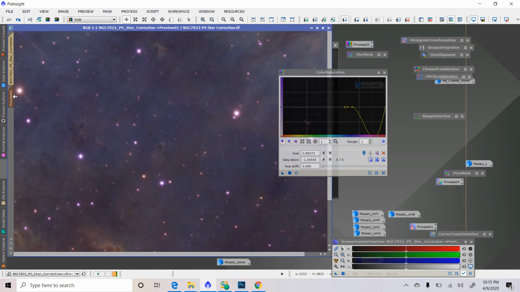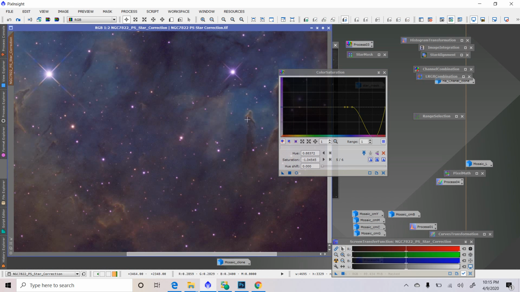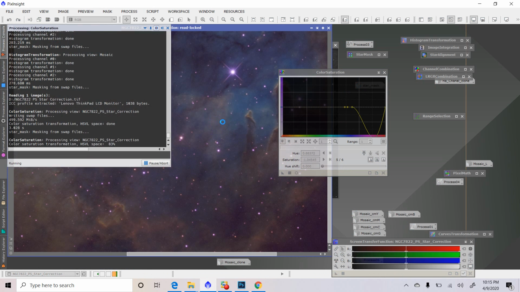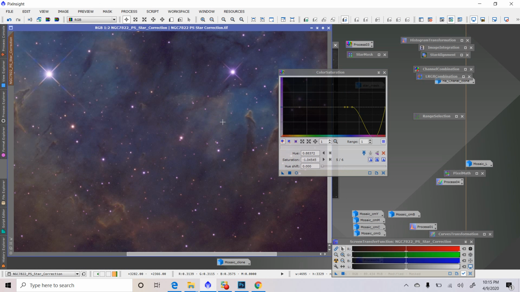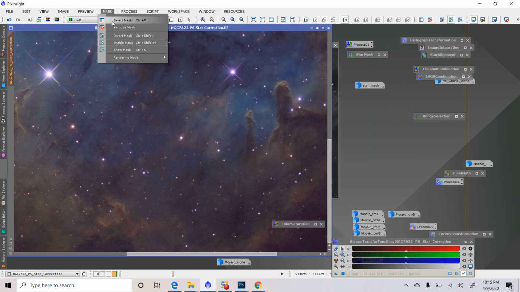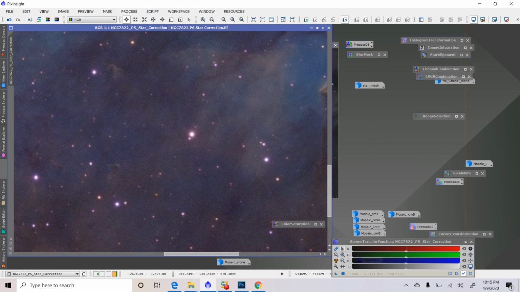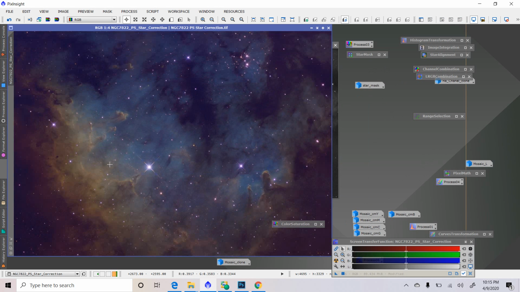I'm going to just delete the preview. And then let's go ahead and apply this to the image. Alright, so if we are happy with what we have there, let's remove the mask, and let's go ahead and apply our